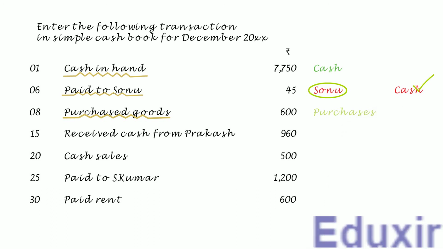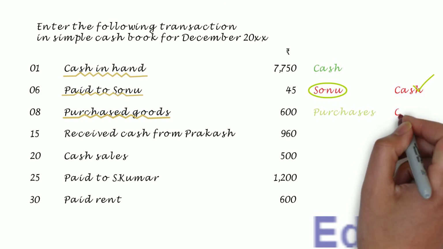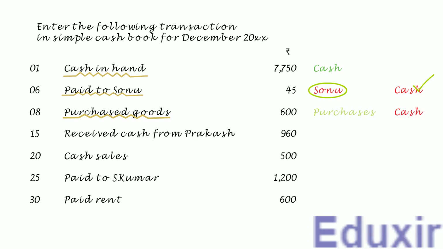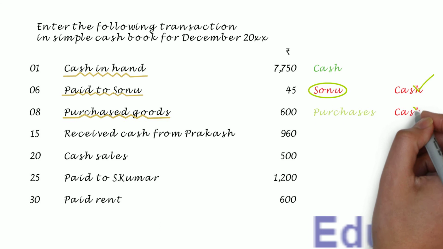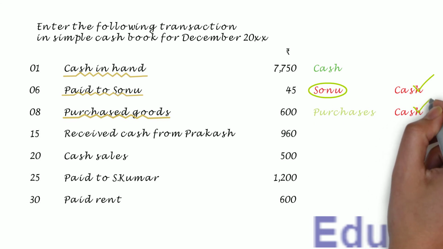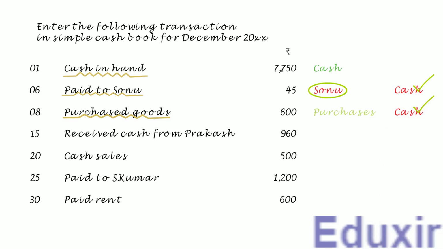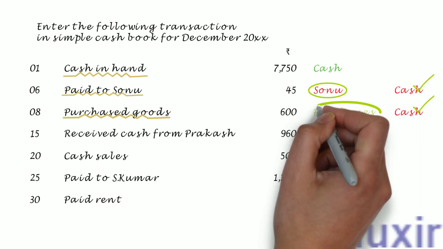At the same time, as these purchases are made by paying in cash, the cash asset of the business will be reduced. The rule to record any decrease in the asset is to credit the corresponding assets account. In this case, the cash account should be credited. In this transaction, as you can see, the cash is on the credit side, so it needs to be posted on the credit or payment side of the cash book. Note that the particulars that need to be posted into the payments column of the cash book is purchases account.